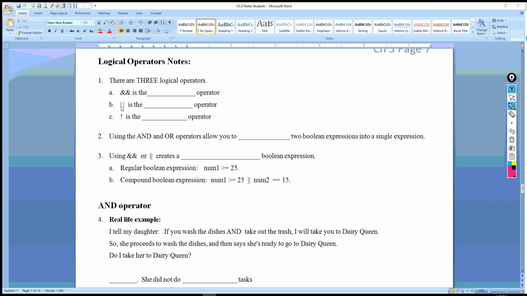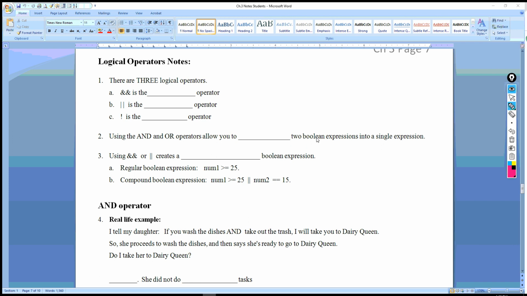And then you have these symbols, they're called pipe symbols, and they are above the enter key. So it's two pipe symbols, and that's the OR operator. And then you have the exclamation point, and that is the NOT operator. So AND, OR, NOT. Now using the AND and OR operators will allow you to combine two Boolean expressions into